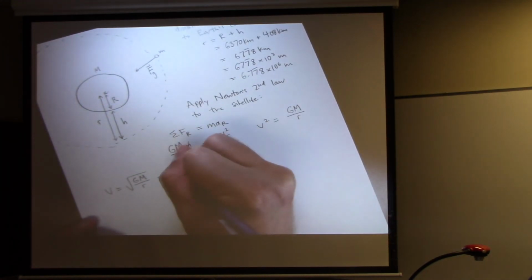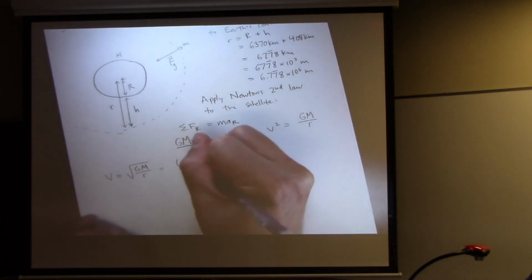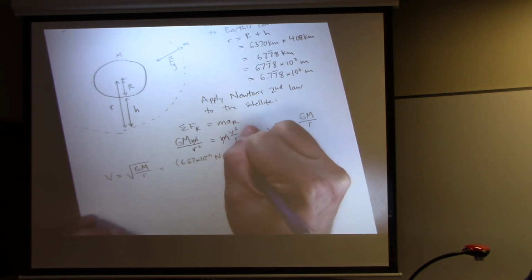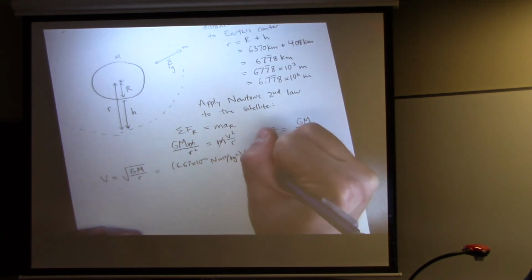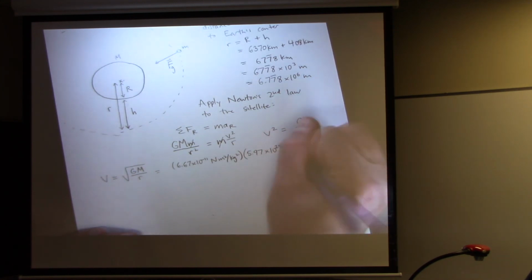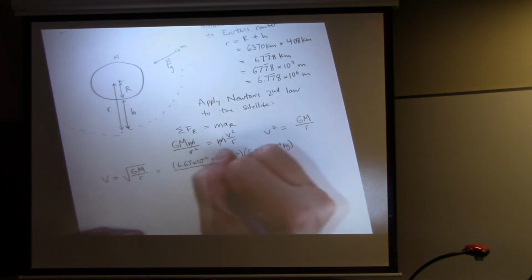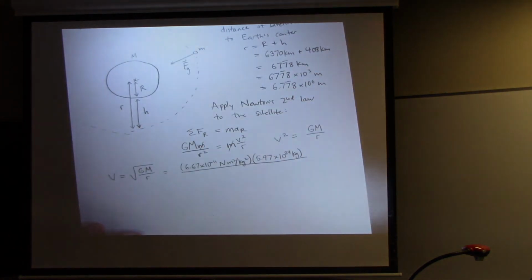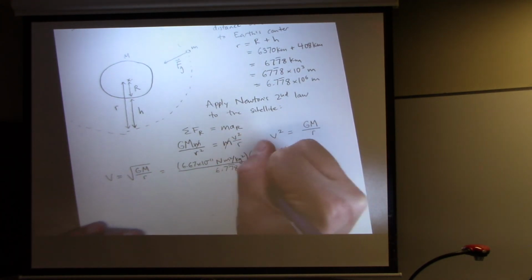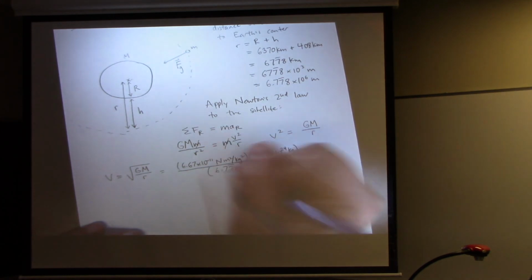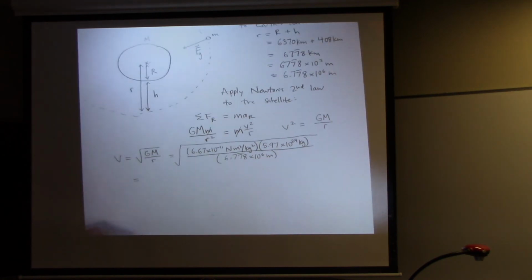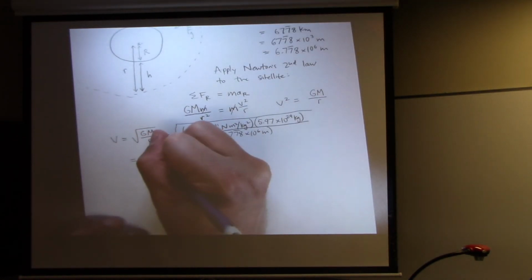Okay, so G is this constant, 6.67 times 10 to the minus 11 newton meters squared per kilogram squared. The mass of the Earth, big M, is 5.97 times 10 to the 24 kilograms. And the distance between the satellite and the center of the Earth is equal to 6.778 times 10 to the 6 meters. We'll have to square root that whole thing. And what do we get? Well, you should be getting 7,664